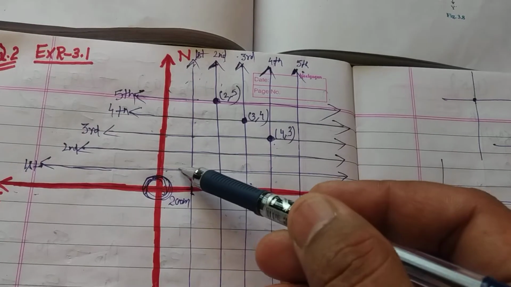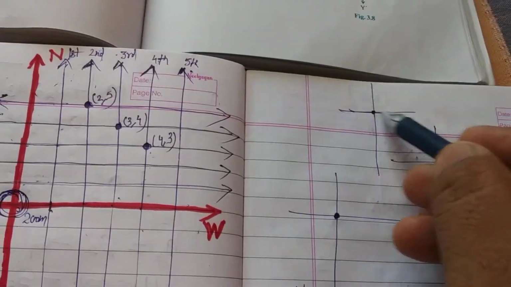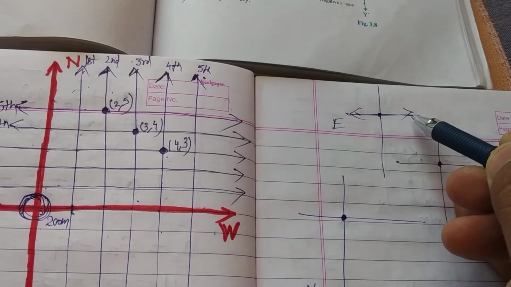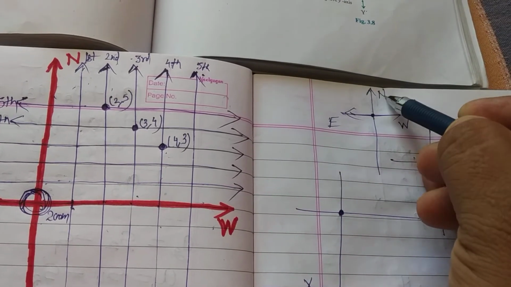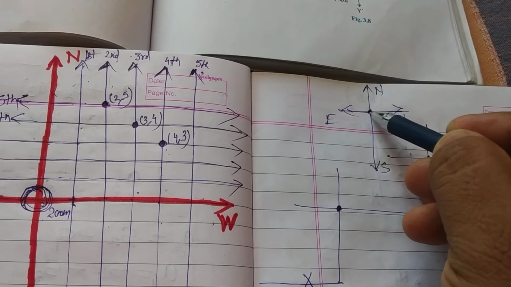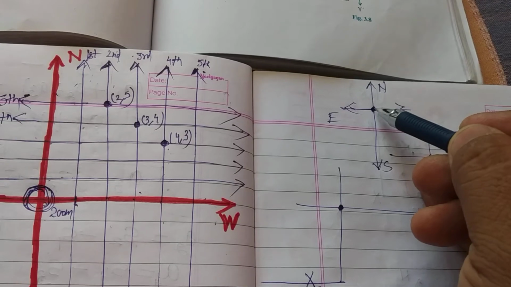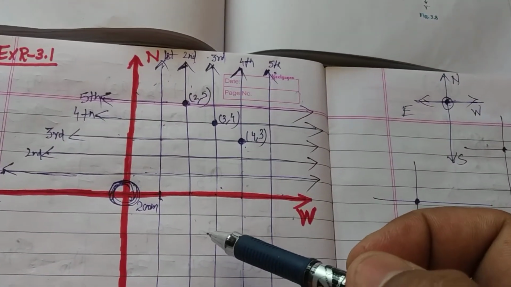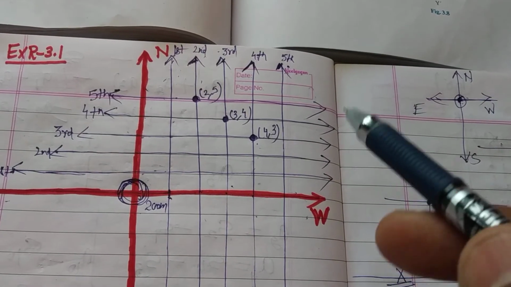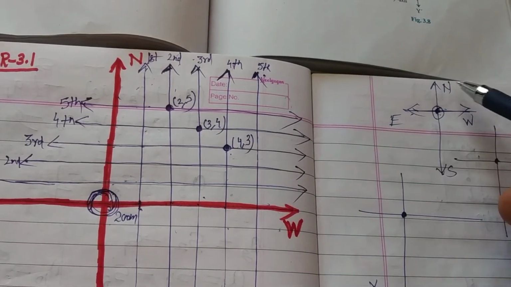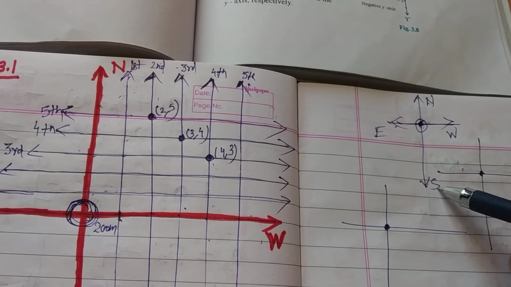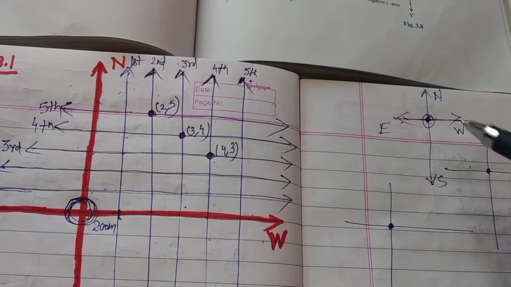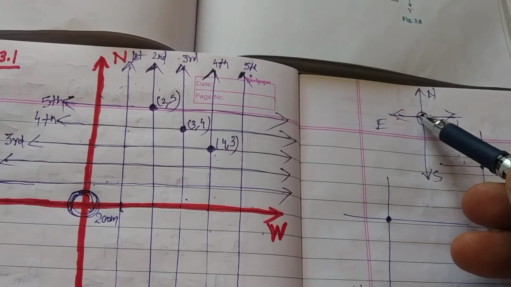This is one cross street where 2 streets are crossing each other in this way. One is from east to west and one is from north to south. At that point they are intersecting, and that is called a cross street. So this is one cross street. A particular cross street is made by 2 streets, one running in the north to south direction and another in the east to west direction. So this is one cross street.